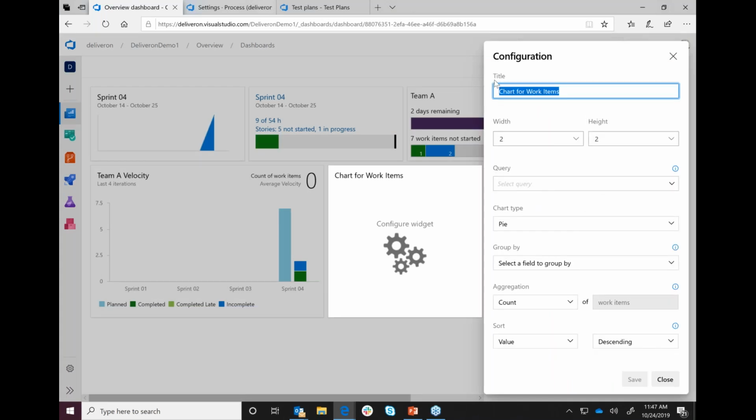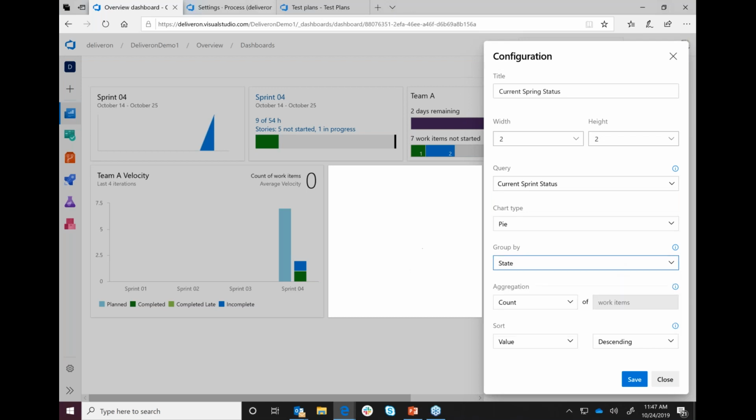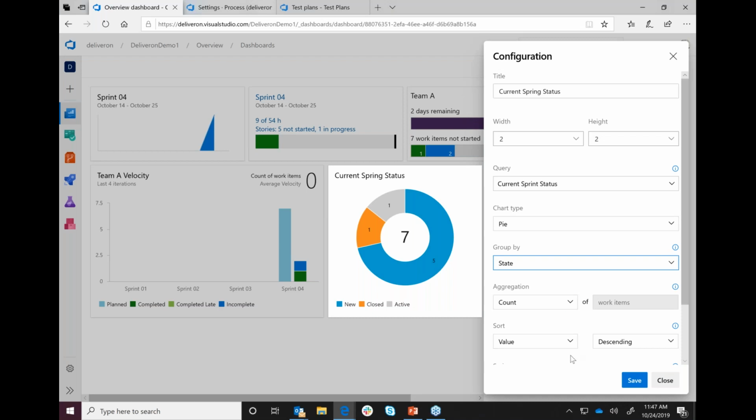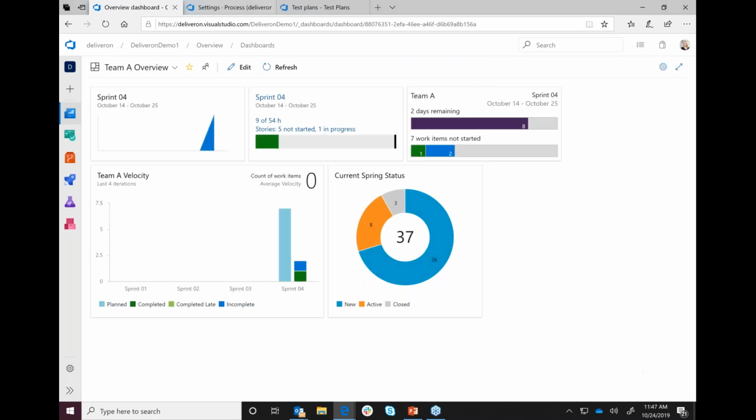And I can name this, so it is current sprint status. I can then also select the query that I just created called current sprint status. I can select the chart type. So for this example, I want to use a pie chart, and I want to group the work items by state. I also want it to show me, because I'm really making sure that our team is going to hit our sprint commitments, our point commitments. So we're going to look at this from our points and where we're at with each points with regards to the different states. So now I have my current sprint status